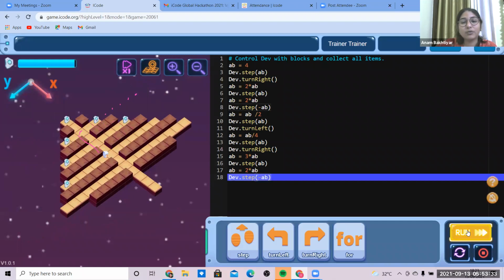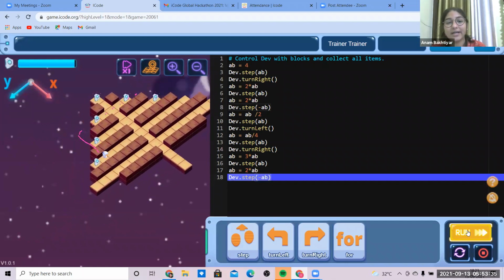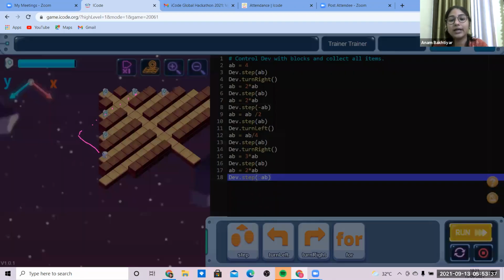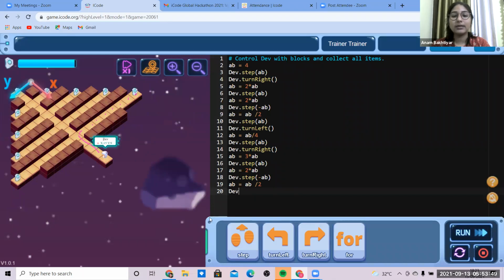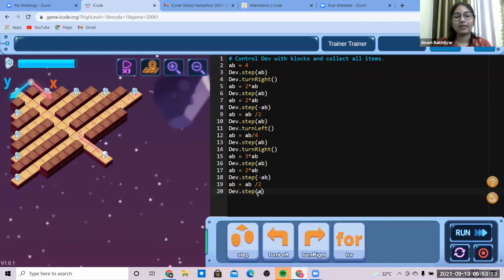Now we need to make it move towards forward direction by dividing it by 2. So again, AB equals AB by 2. And then I have to take those number of steps ahead. Okay, so we reached here.